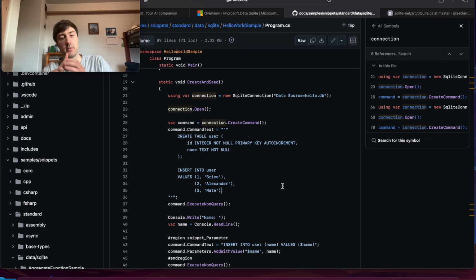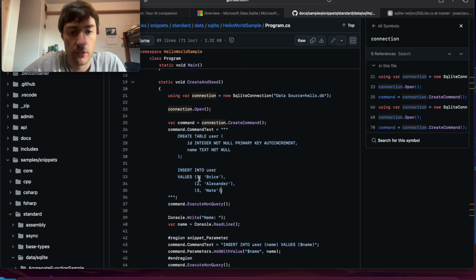Okay, so insert into users values. Is this auto? Does it associate just the first one as ID? Okay, so